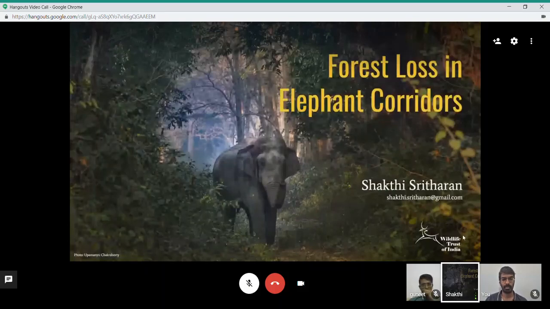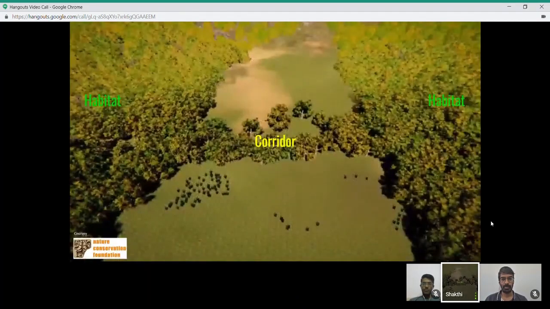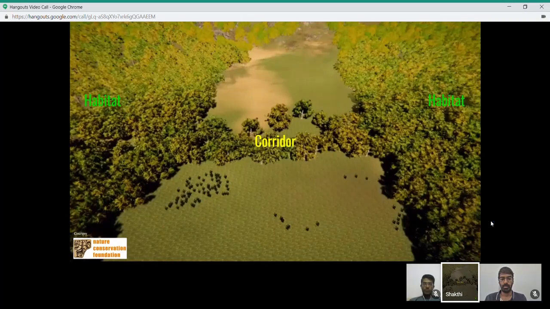So I'm going to be talking about a study where I used Google Earth Engine to analyze forest loss and elephant corridors. What are wildlife corridors? Corridors connect two or more large habitats. These are helpful for various reasons. They help in seasonal migration in long-range animals like elephants or dispersal of a large carnivore population, and also help